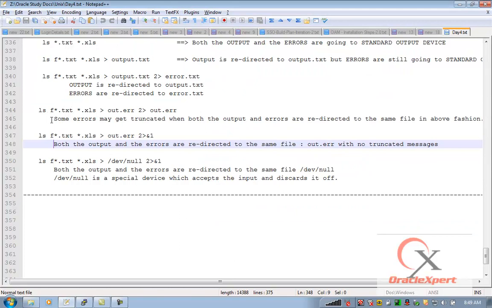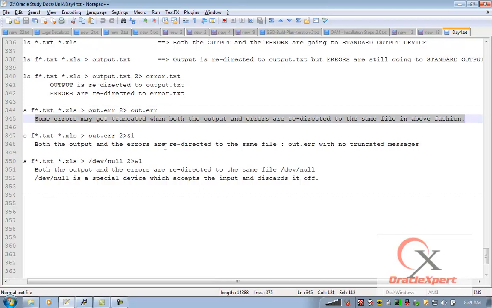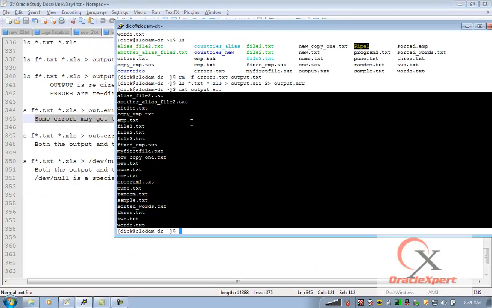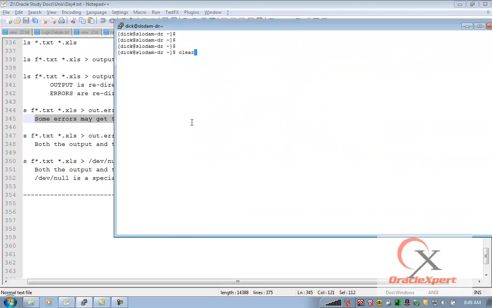Understand this. I said star.txt star.xls. Output should be redirected to out.error. Errors should also be redirected to out.error. Some errors may get truncated when both the output and errors are redirected to the same file in the above fashion. Then how should I redirect it if I want to capture both in the same file? There's an alternative available. The correct way of redirecting it is to say